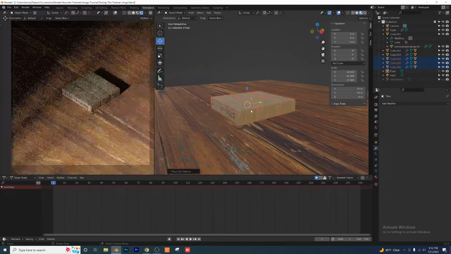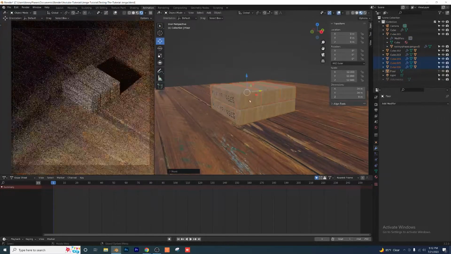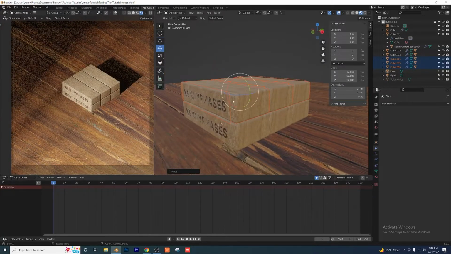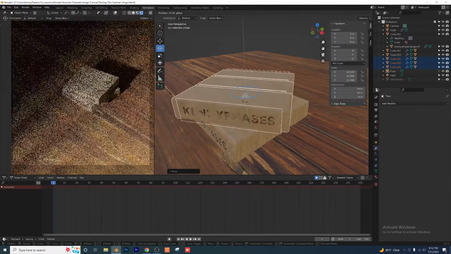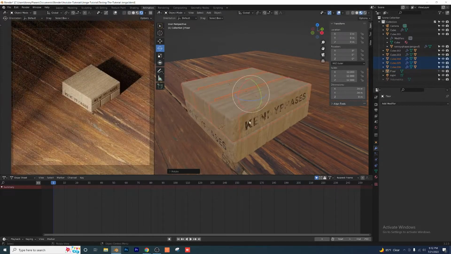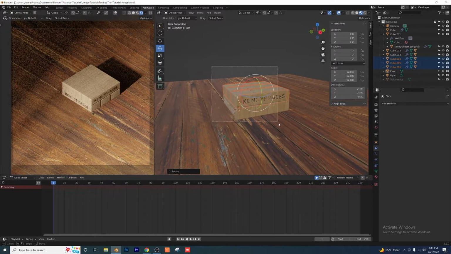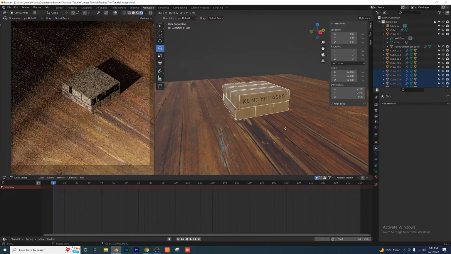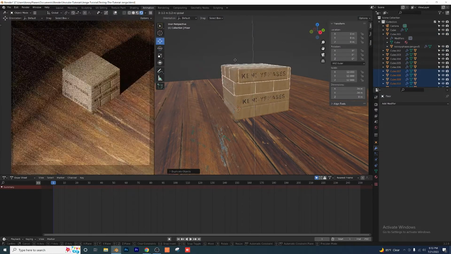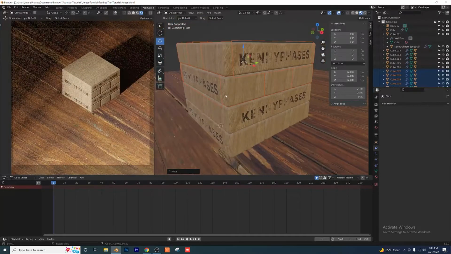I'm going to Shift D, duplicate, drag these up holding Shift and Control, and now they're resting right on top of the next layer. And then I'm going to pop open my rotation gizmo, and I'm just going to rotate them 90 degrees while holding Control. And what that's going to do is just snap those right into place. And now we're going to repeat the same thing. Shift D, and we're going to duplicate everything right here. We're going to drag everything up just like that, and now we have our 4 stacks right here,